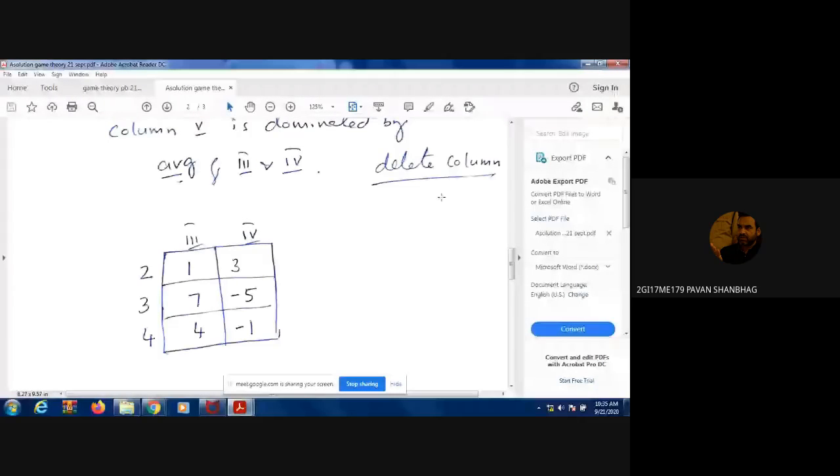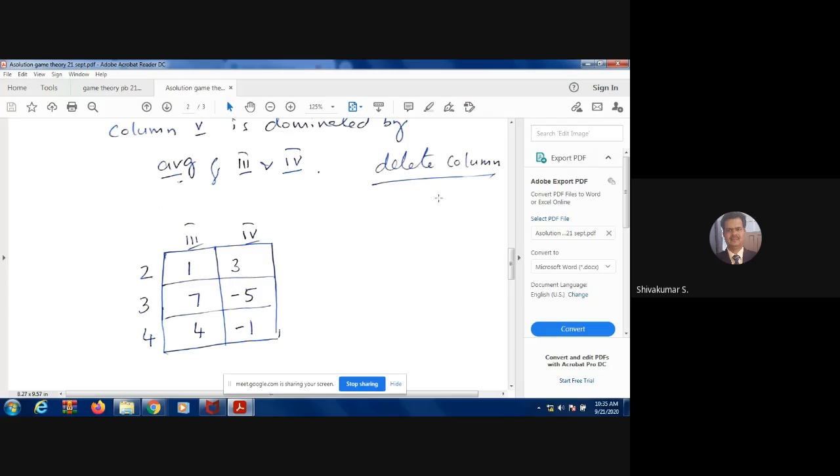Repeat, sir, repeat. Yeah, you take the average of 2 and 3 now. That is the row 2, 3 average. So 7 plus 1, 8, divided by 2, 4. Minus 3, 5, minus 2, divided by 2, minus 1. So the average values of 2, 3 become 4, minus 1. So the fourth row you have 4, minus 1. Both are equal, so delete row number 4. You can't delete the average. You have to delete the row only, single row only.